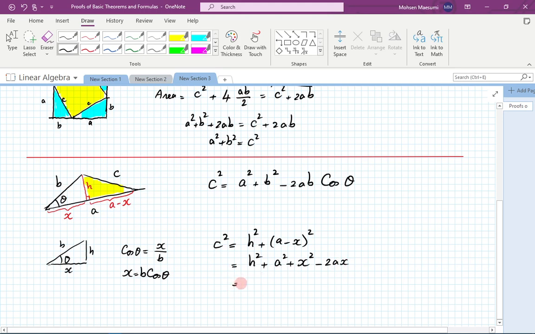Now, what is H squared plus X squared? Well, that is again another application of the previous theorem. That's going to be just B squared, and then I have A squared minus 2AX. Instead of X, I write its equivalent expression, which is B cosine of theta. Well, we are done. Do you see? We established that C squared is equal to B squared plus A squared minus 2AB cosine theta. That, as we said, you see as the law of cosines